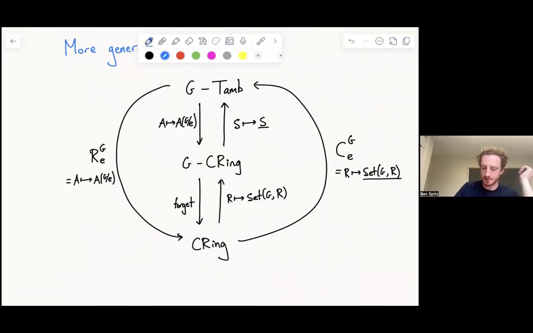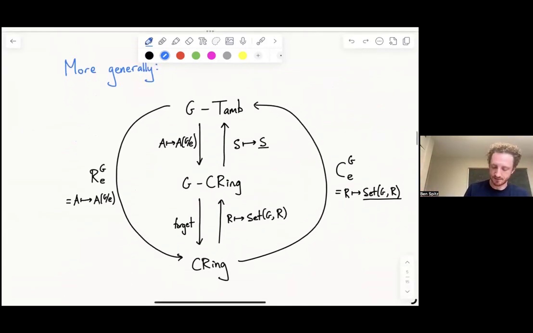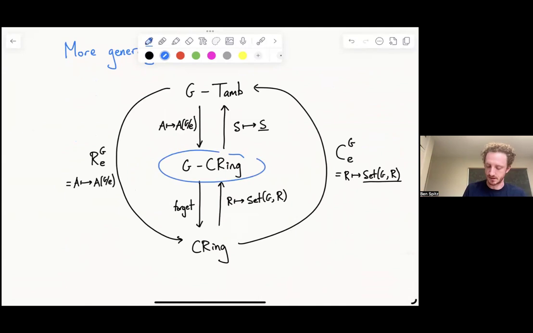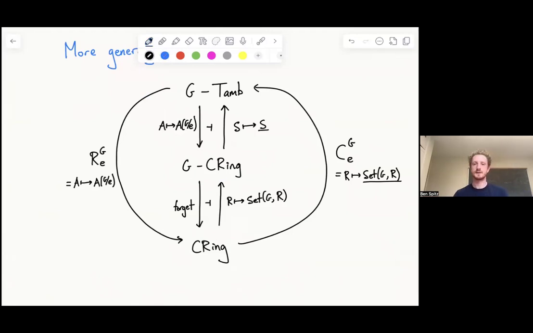We have this underline construction produced by taking a G ring and looking at the various fixed points for various subgroups. And I can have this forgetful functor where I look at the bottom level, which comes with a G action, and I can forget that G action. And if I had just a commutative ring, I could boost it up to a G commutative ring by looking at all the functions from G to R, and so on. And this all fits together. It's exactly the same pair of adjoint pairs situation. Okay, cool. So we're going to use those.